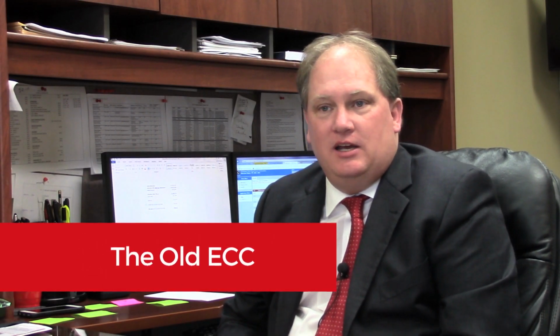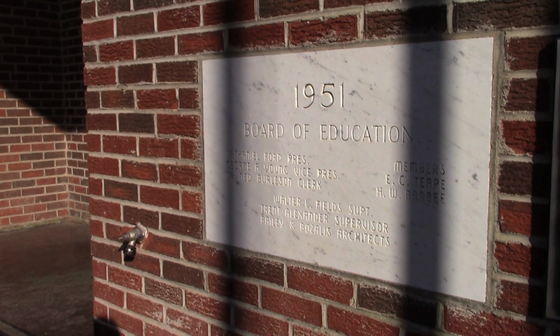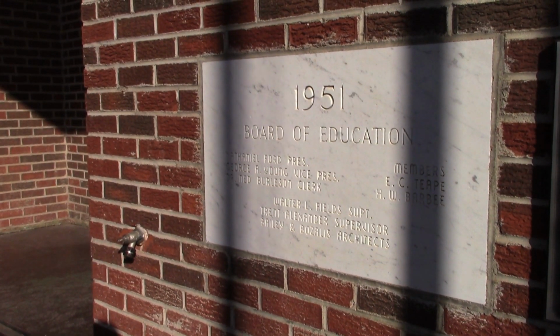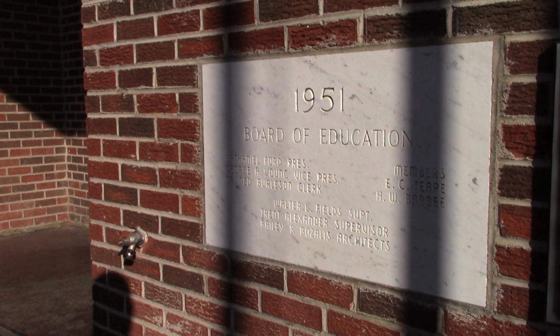The ECC is a building that was built in 1951. It's located on the south side of Prague. It houses our kindergarten and first grade students. The building is not a storm shelter. There's not a storm shelter near, so we do transport all students up here to the main campus on storms. We also have to transport all of our food to that site since it does not have a kitchen on